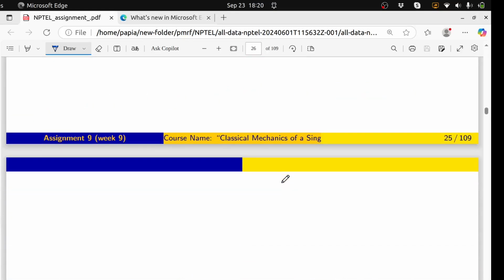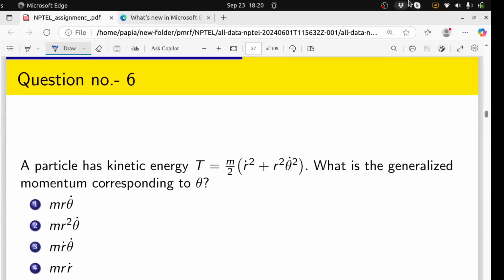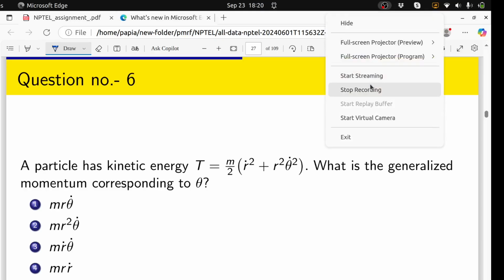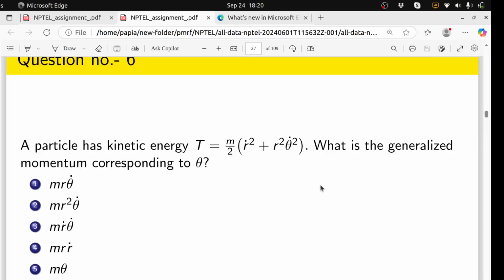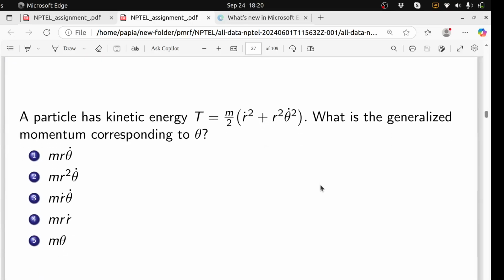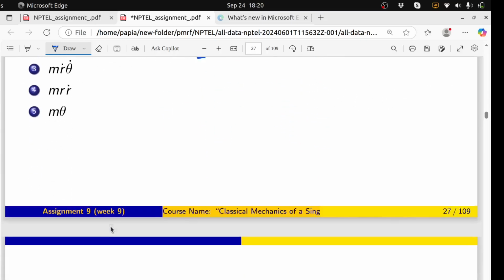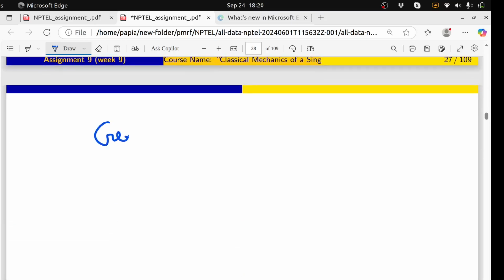Okay, so now we will go for question number 6. In the 6th question, what is the question? The particle has kinetic energy T equals half m times r dot square plus r square theta dot square. What is the generalized momentum corresponding to theta? So the particle has T as 1 by 2 m times r dot square plus r square theta dot square. So what is the generalized momentum corresponding to theta? So what is the expression for generalized